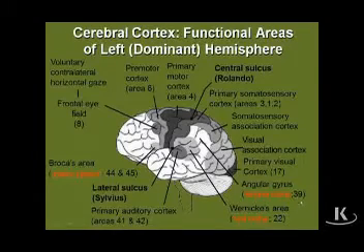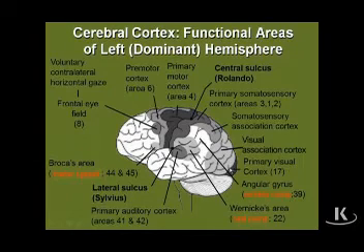Now, extending out into the dominant parietal lobe in an area known as the angular gyrus is area 39. Area 39 is a written comprehension center, basically where you understand what you read. And it's situated more out in the parietal lobe because it's closer to primary visual cortex, where you see the printed words on a page. So the proximity of this makes sense because the angular gyrus is where you understand what those words mean, written